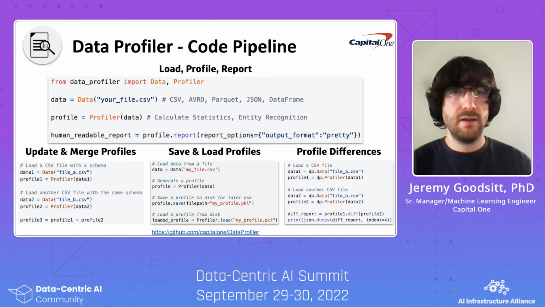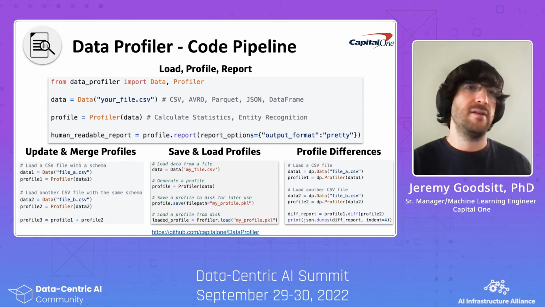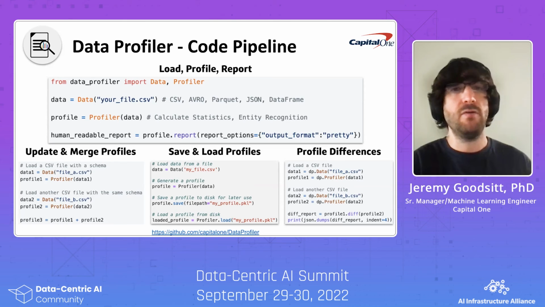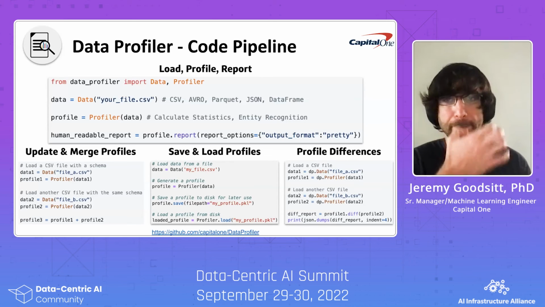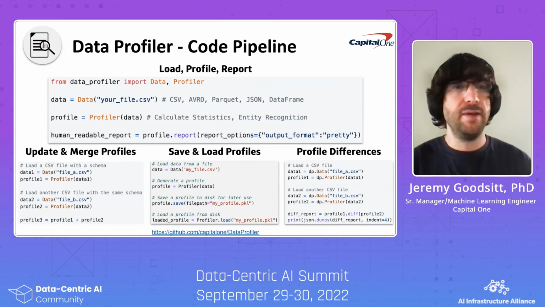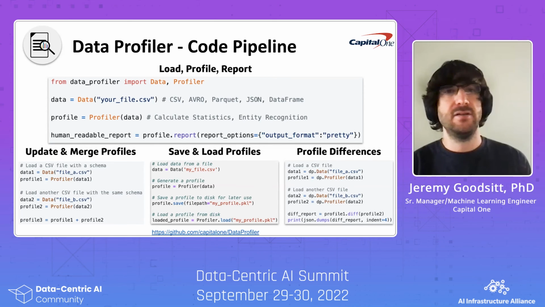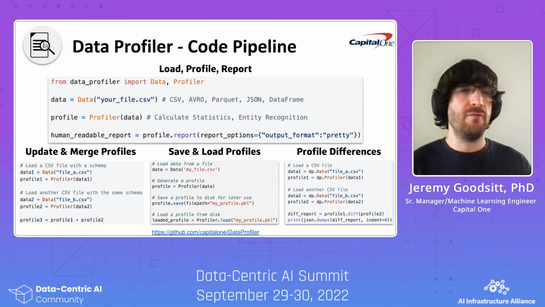And again, data is dynamic. So profiles should not be static. Profiles should update as data updates. As it comes in through a stream, these profiles should be able to update or to create snapshots and historical patterns of those data sets as it comes in through a stream and be able to make those comparable. Or for instance, with big data, right? We need to be able to split these data sets into multiple components to do our profiles, to parallelize this